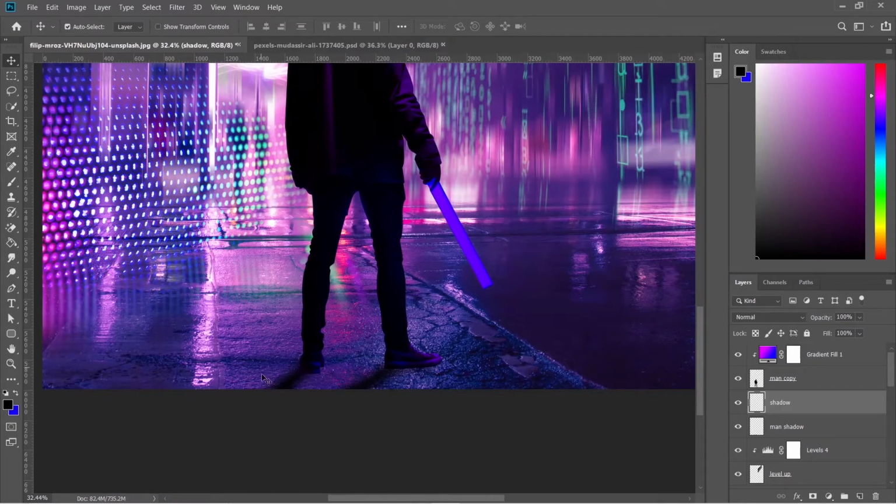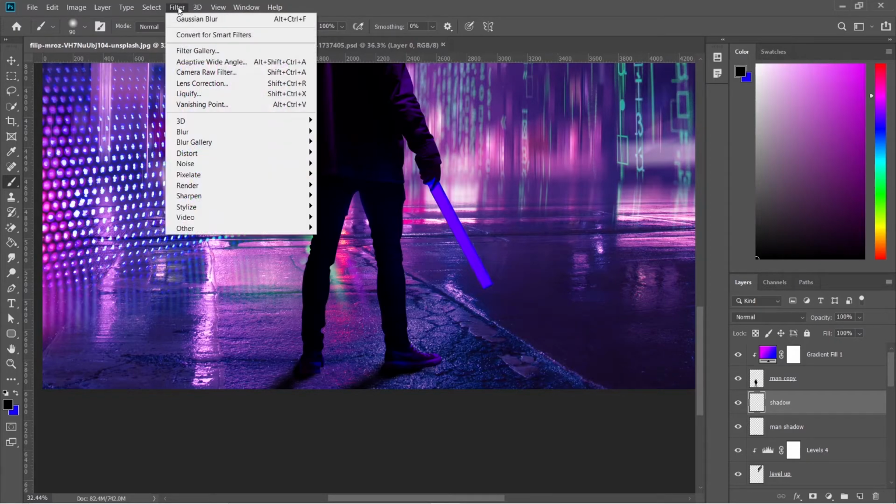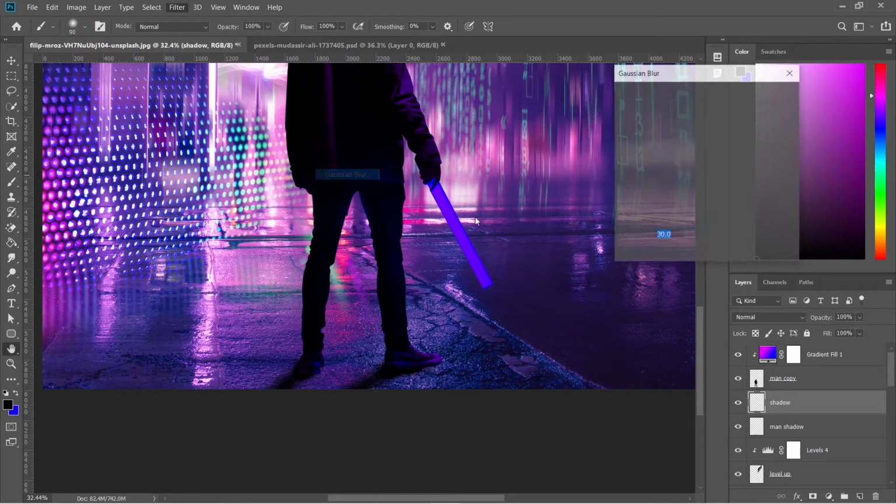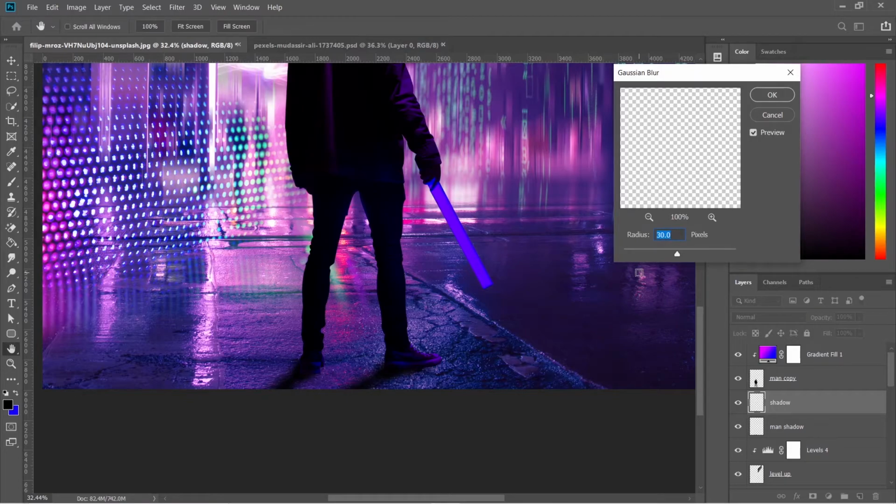Near the foot, it should be a little dark. So change the foreground color to black and just brush over. Let's add Gaussian blur effect to this also. Radius to 10 pixels.